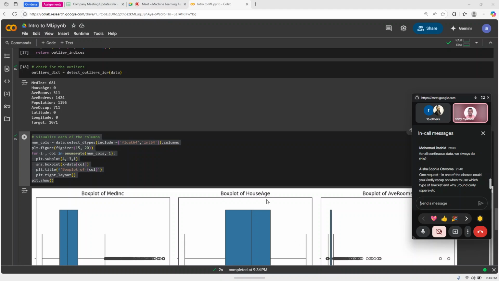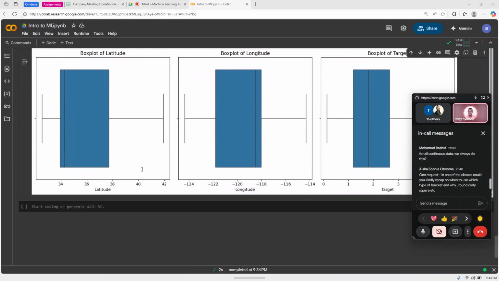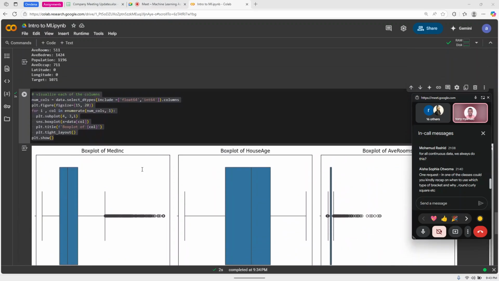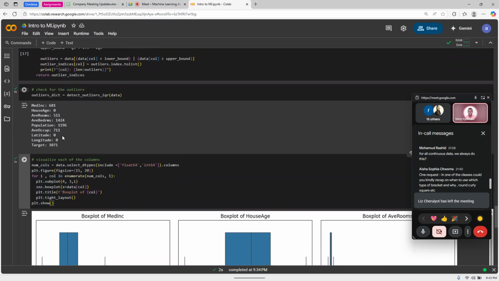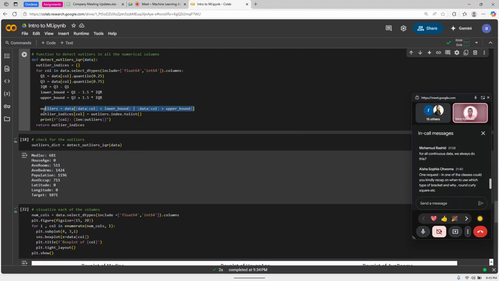Okay. Now let's save the data without outliers. Now, when you look at our detection right here, we did focus on the fact that for your data points to